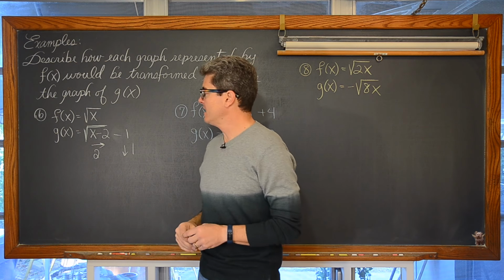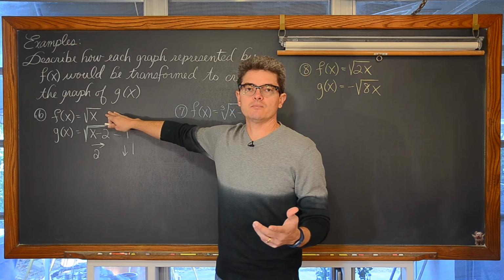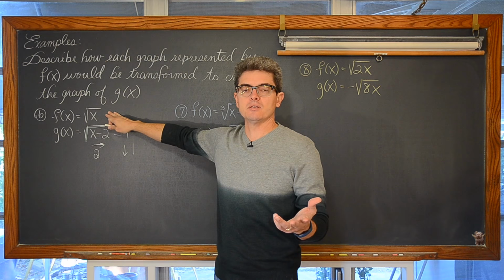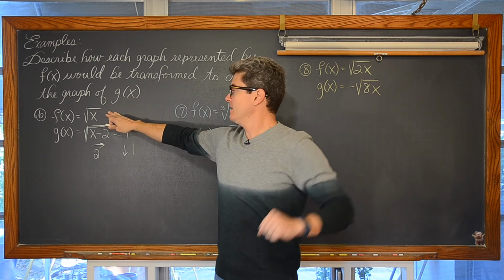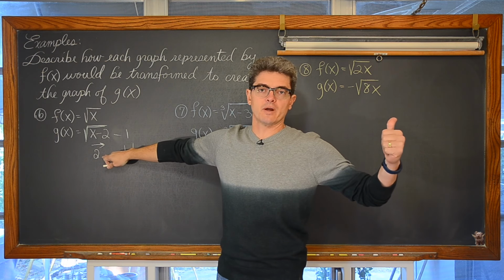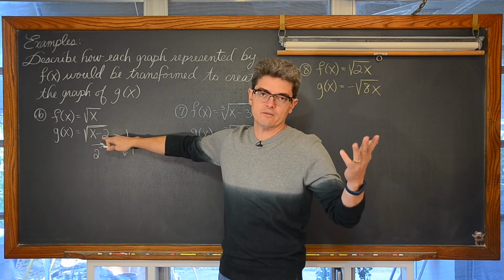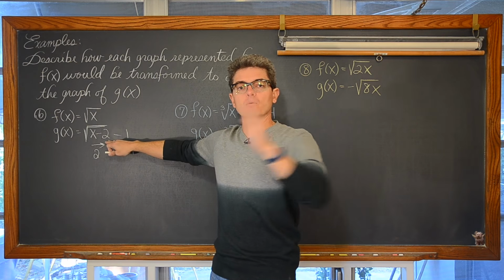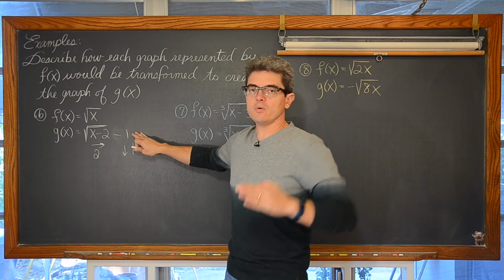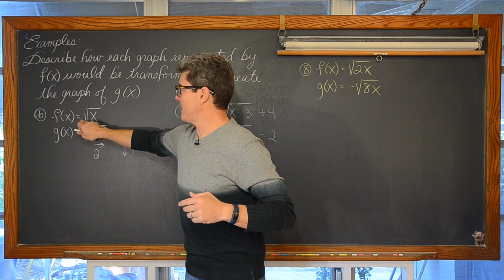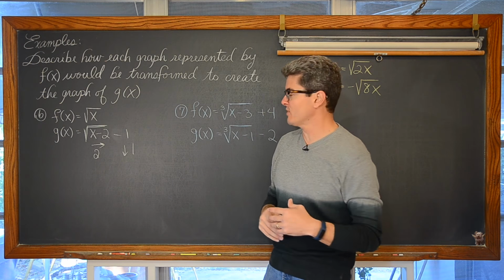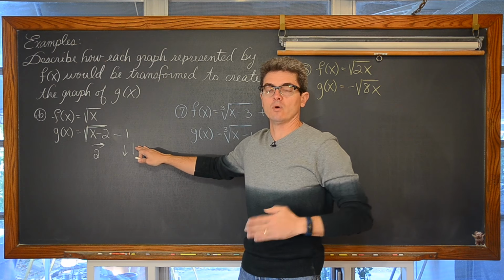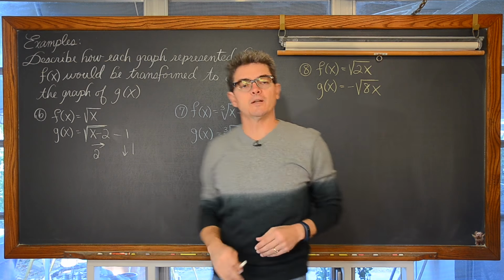Now, just with that, if we know the domain and range: the domain of y equals the square root of x is from 0 to infinity, then if we move the graph 2 units to the right, the domain is going to be from 2 to infinity. Instead of starting at 0, it starts at 2. And the range, because we have no plus or minus, so that we're only talking about those positive principal roots, goes from 0 to infinity. If we move the graph down 1, we're going to go from -1 to infinity.